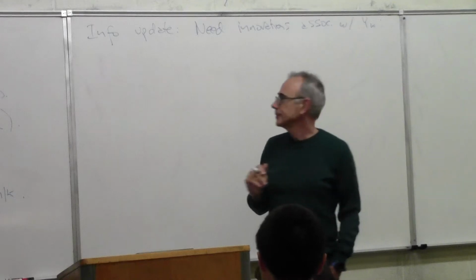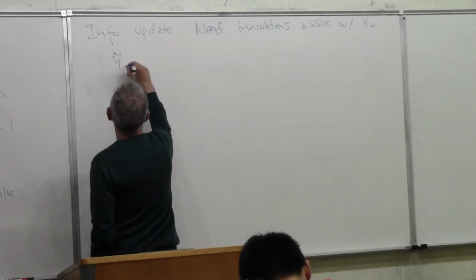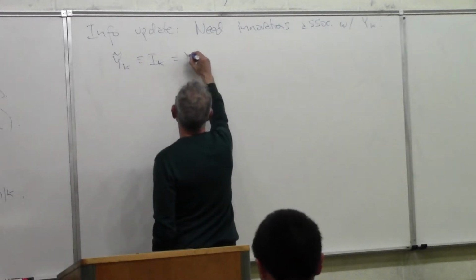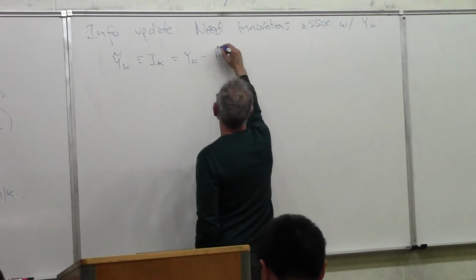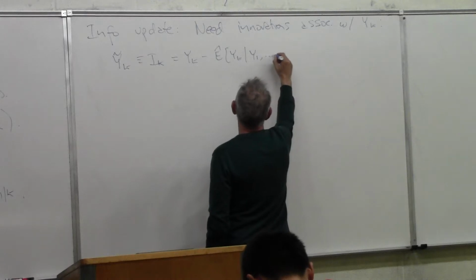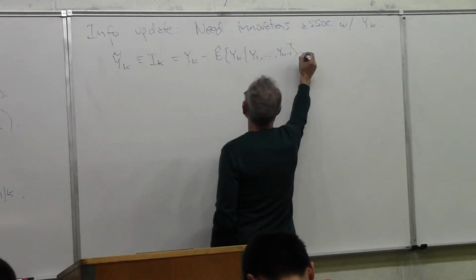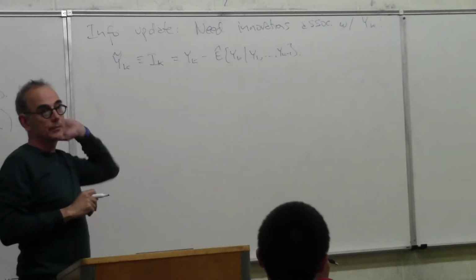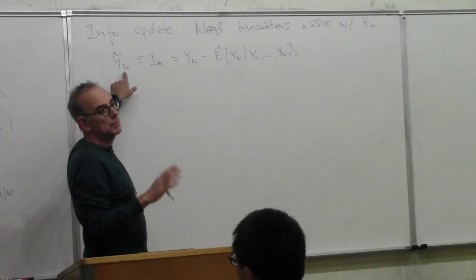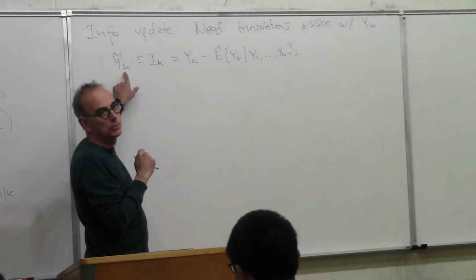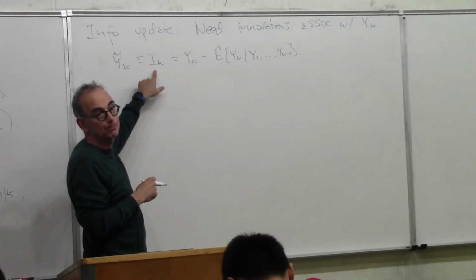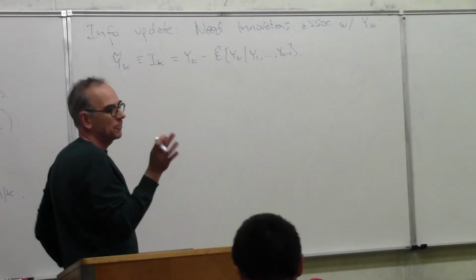We subtract off the past. Okay, so there it is. That's the definition of the innovation. And that's the notation that's used in the book, except I'm always using uppercase symbols for random variables. It makes a clear distinction. I called it I for innovations in the lectures before. Okay, so different symbols for the same thing.